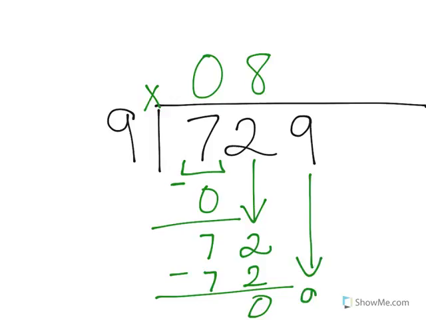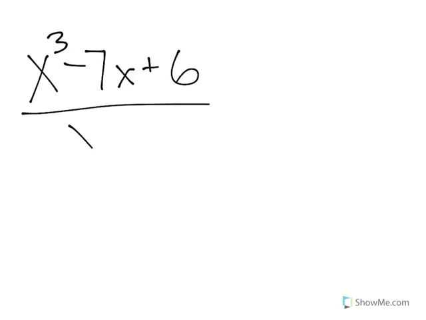We bring down the 9. 9 times what gives you 9, that's 1. We subtract 9, and this is equal to 0. Okay, so this is how you divide two numbers. That's like the long way. And so we will now use that same idea to divide two polynomials. So let's say that you wanted to divide x cubed minus 7x plus 6